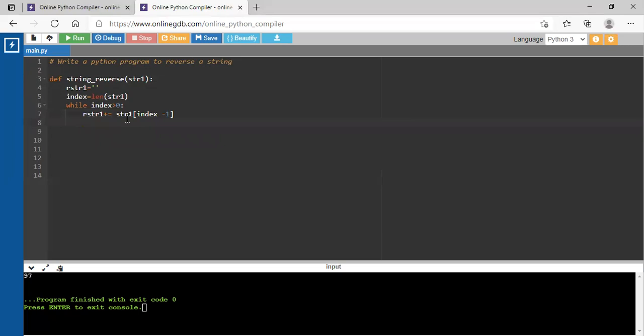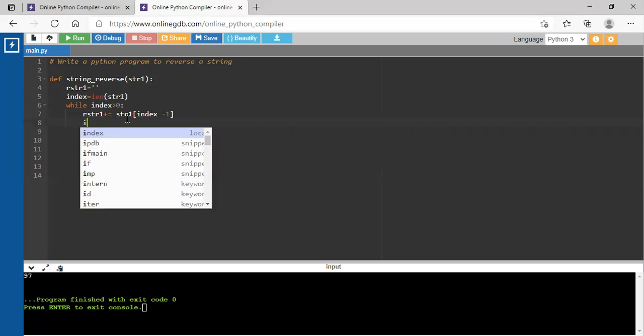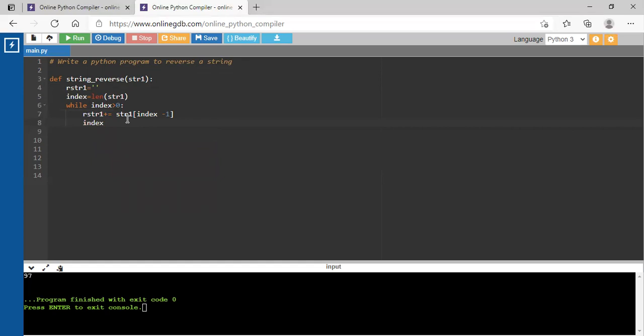Why will it always be taken as -1? Because every time the last index is the length -1. Suppose I have 5 elements, the last index is length -1 because it always starts with 0 only. So index is equal to index -1. This is the reason why we always put a -1.